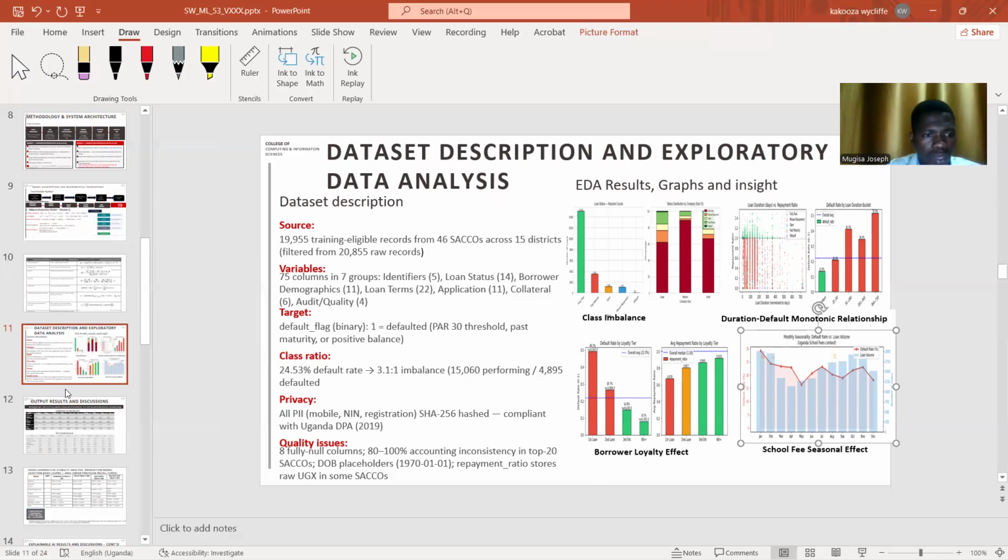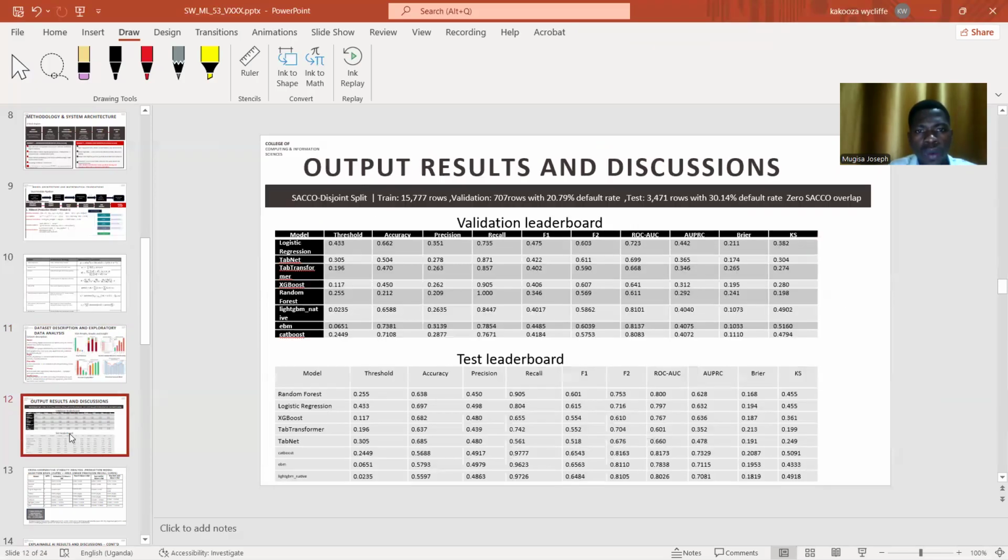And then when we come here to our output results and discussions, after training all those 8 models, evaluating them and comparing them against each other, this is the score under validation and test. So when we focus on, let's say, XGBoost and the test leaderboard, because this is for